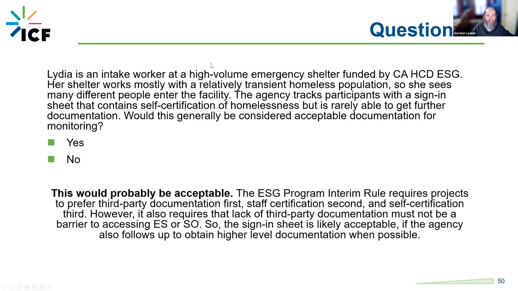The answer is, yeah, it's almost certainly acceptable. The ESG program interim rule, I touched on this earlier, requires projects to preferentially acquire third-party documentation first, and then only after they've determined third-party cannot be established, they may move on to staff certification, and then only if neither of those can be found, move on to self-certification. However, it also requires that the lack of third-party documentation not be a barrier to accessing shelter or street outreach. The sign-in sheet is likely acceptable if the agency also follows up to obtain higher level documentation when